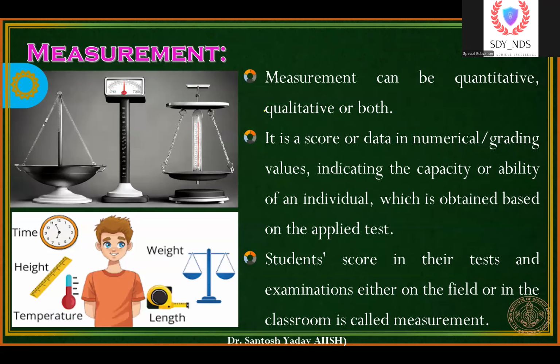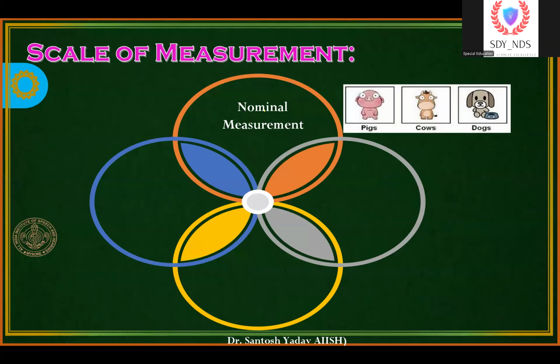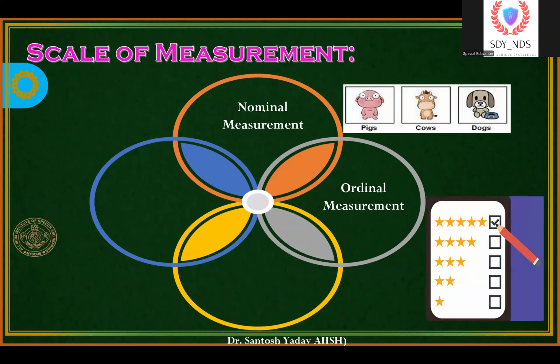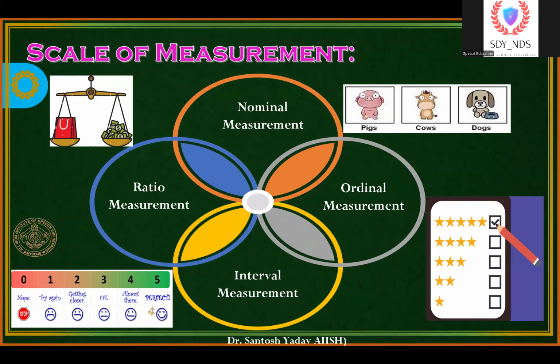So measurement, we have done the measurement. Measurement converts quality to quantity. So it is scored in numerics, in numbers. A student can score their test examination in numbers. That's numeric. Numeric can be a nominal scale, an ordinal scale, an interval scale, and a ratio scale. Nominal means it's a number and a name. So there is a name and a number, so it's nominal. If it is in order, like 5th, 4th, 3rd scale, this is ordinal.